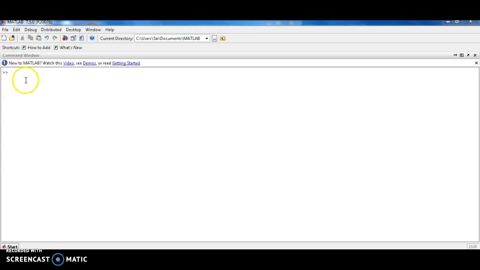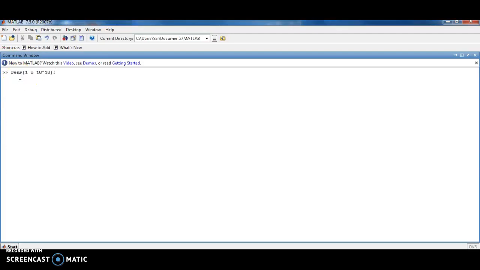I'll just show you. Numerator: s square is 0, s is 0, 10 raised to 10, that is s raised to 0. Similarly, in the denominator we have s square plus 10 raised to 10. S square, its coefficient is 1, there is no s term, so 0, 10 raised to 10. In the numerator, s square and s are not present, only 10 raised to 10 is there. For that purpose, these two are 0.